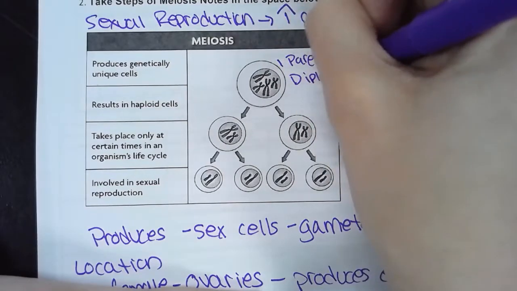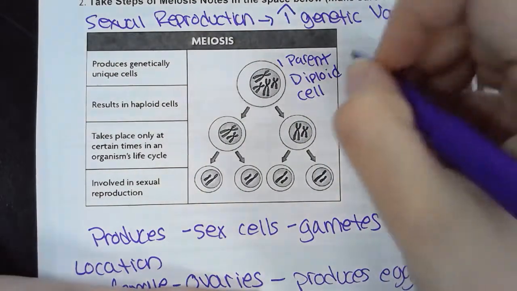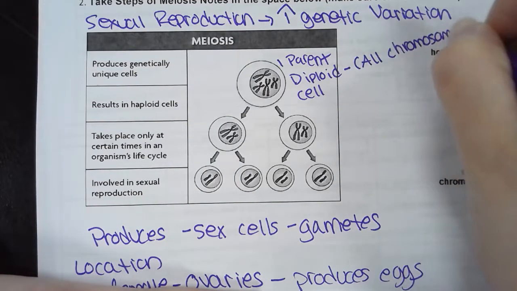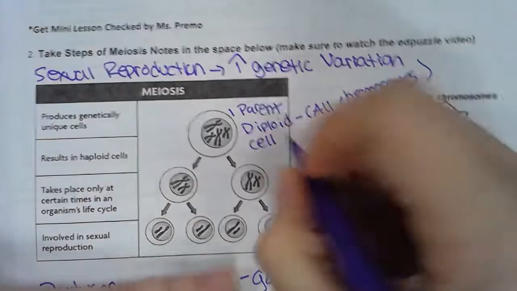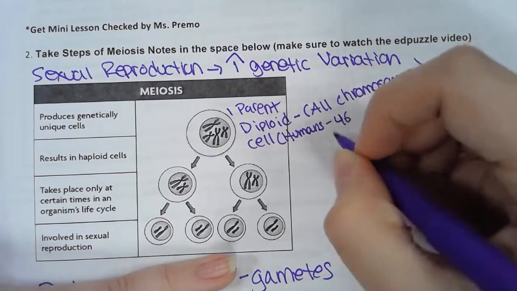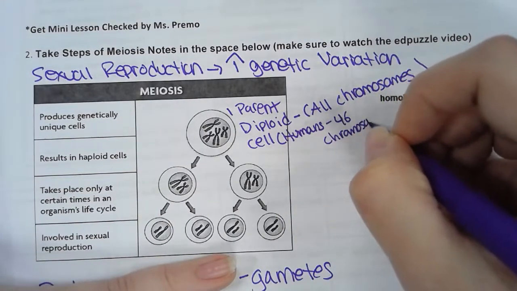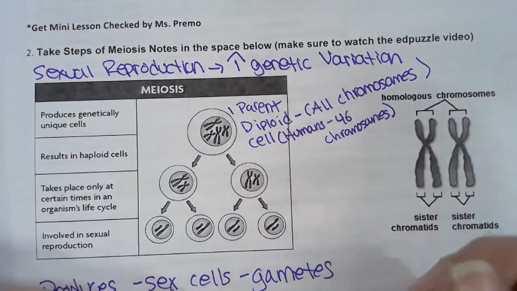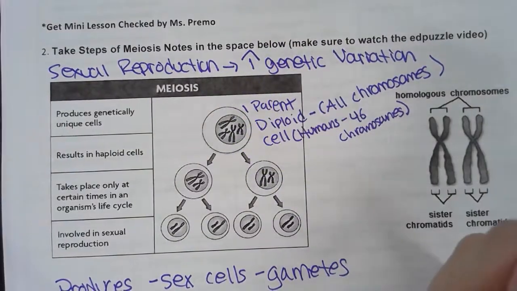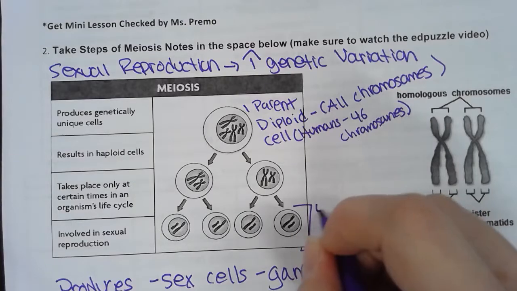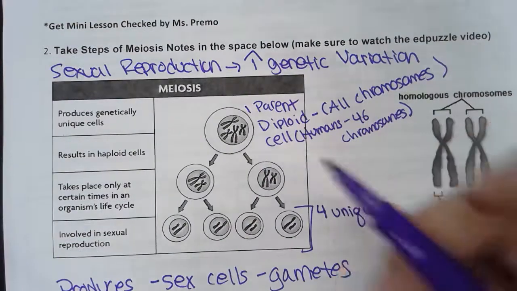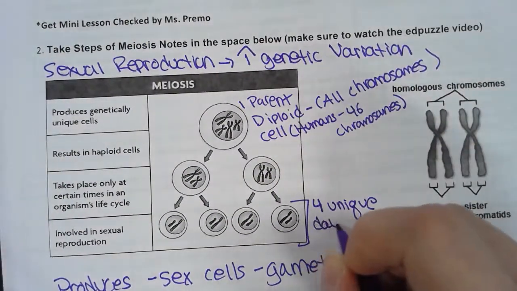diploid cell. So diploid means it has all chromosomes. So we learned before in a human, humans have 46 chromosomes. So this cell would have 46 chromosomes. Now, through the process of meiosis, we're going to get to the phases or the steps in a minute. When all of these phases go through, you end up with 4 unique, that means that they are not clones of the parent, 4 unique daughter cells